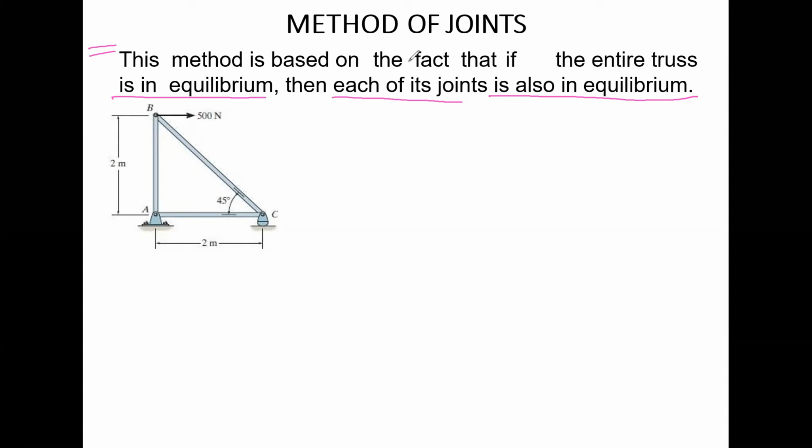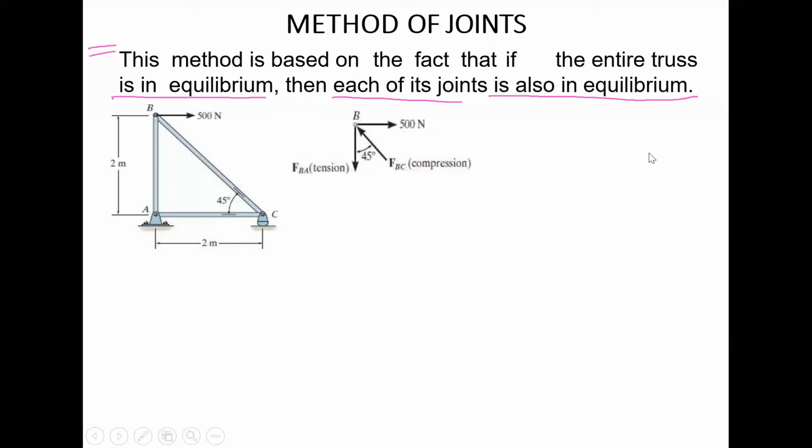So let's apply the method of joints. In this method, we draw the free body diagram of each joint and balance the forces acting horizontally and vertically. In the beginning, we can select any direction of internal forces. Keep in mind this statement: if you are drawing the FBD of a joint for the first time, then you can assign the direction of internal forces as per your choice. There is no restriction, but only for internal forces, not external forces.